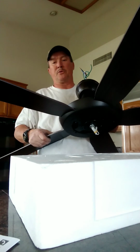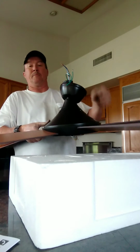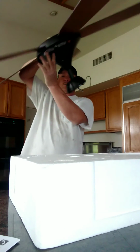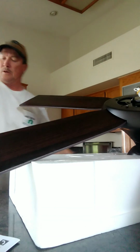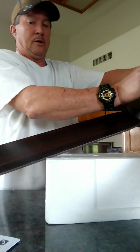Sorry about that, sometimes there are interruptions. Okay, so we've got the top portion of the fan assembled, along with all the blades. Now we have this portion to assemble. What I like to do is flip it over and use the same box, that way everything's protected. And these are your